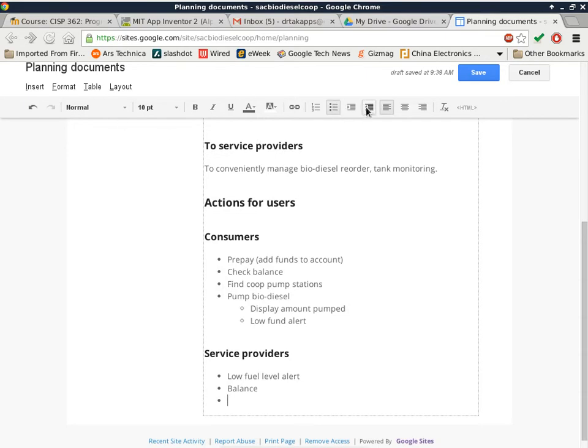because it's specific to your particular site. So you want to say this is specific to a particular site, to your own site, because you're operating it, so you don't really care how much biodiesel is pumped at another site, but you want to know how much biodiesel is pumped from your site, outgoing. You want to be able to list who used your site, right? So you want to list